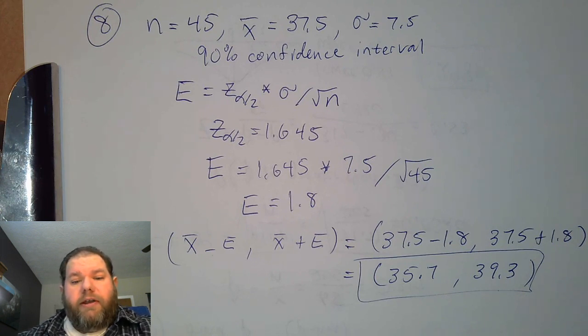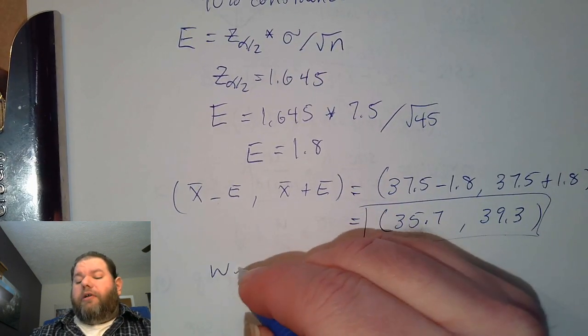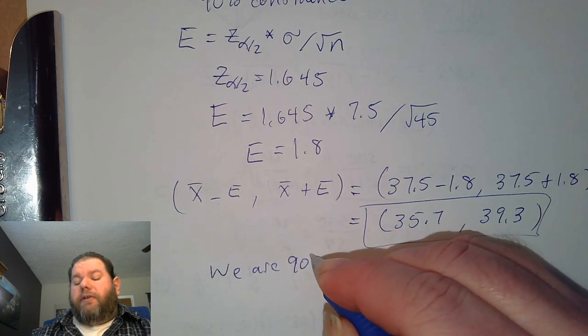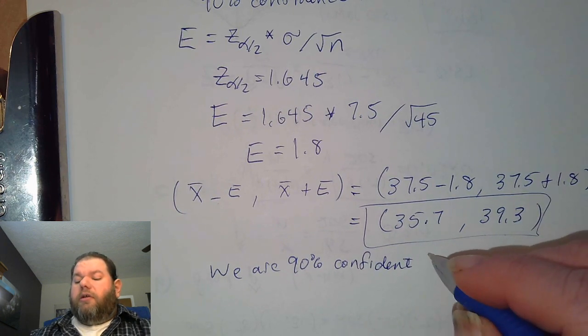Now, remember when we did this on Thursday last week, we said it's important that we write a sentence to summarize and interpret what exactly we've discovered by this process. So I've created a follow-up question that's set up as an essay question, but we only need one sentence: write a sentence that interprets the result from the previous question. We want to write something like this: We are 90% confident that the